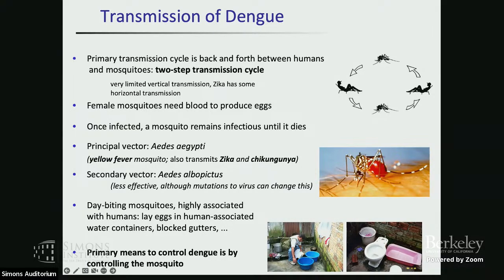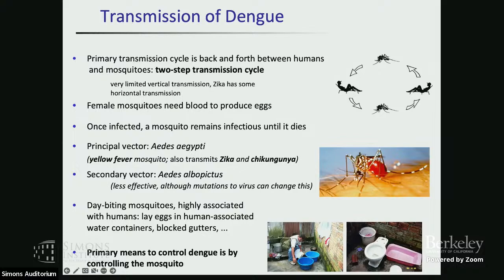And for dengue, and indeed for Zika, yellow fever, and chikungunya, the principal culprit is the Aedes aegypti mosquito here. And the fact that you can see this big bulbous red bit at the back means that mosquito has blood fed. There is also a secondary vector, Aedes albopictus. That's a mosquito that we have quite a bit in the southeast, up the eastern seaboard in the US. But it's much less effective at transmitting dengue and many of these other viruses. Important thing to know about Aedes aegypti is that they bite during the day. So for example, you can't use bed nets.